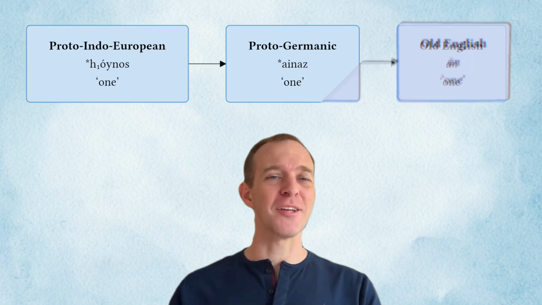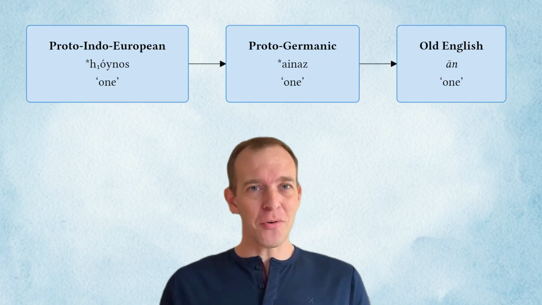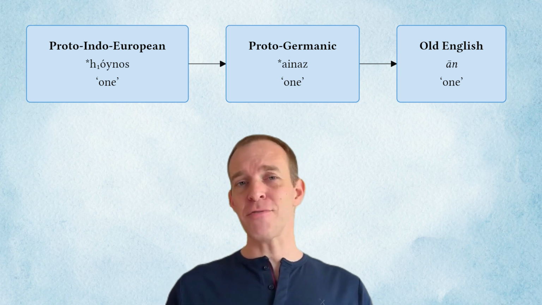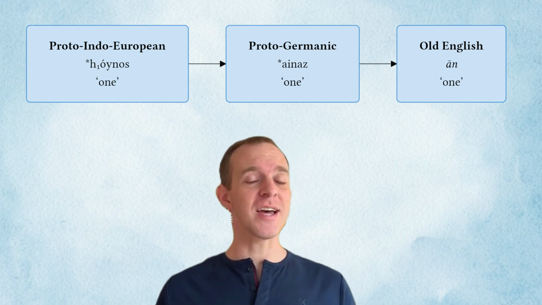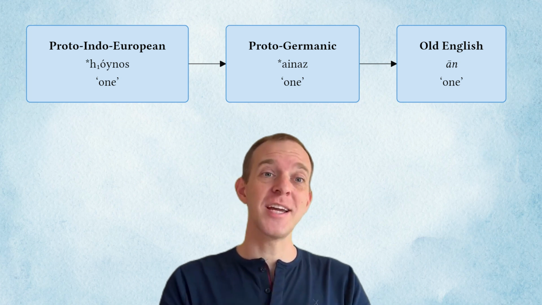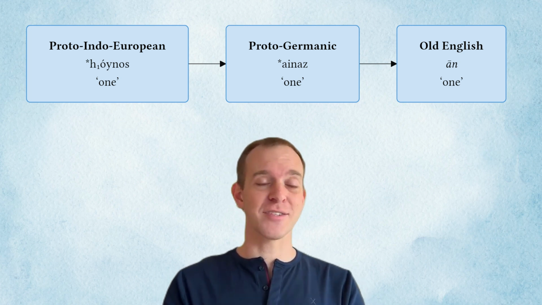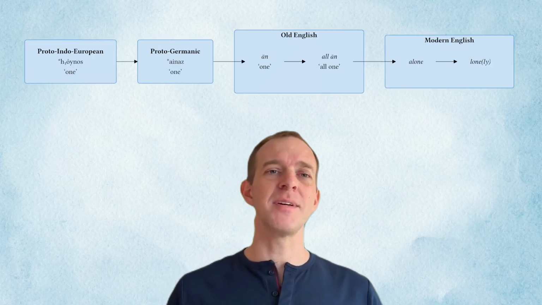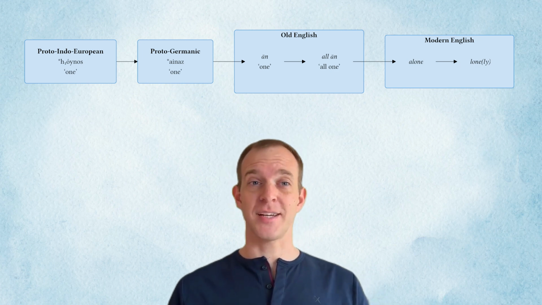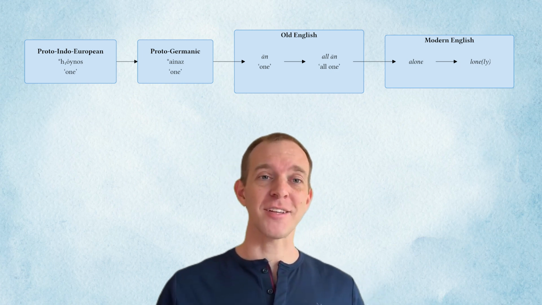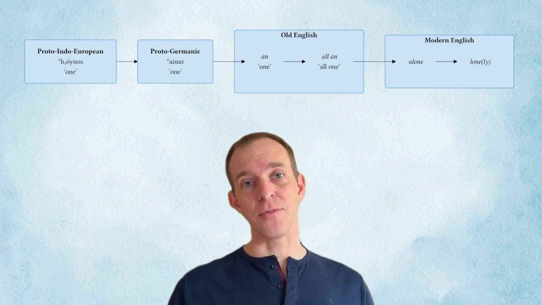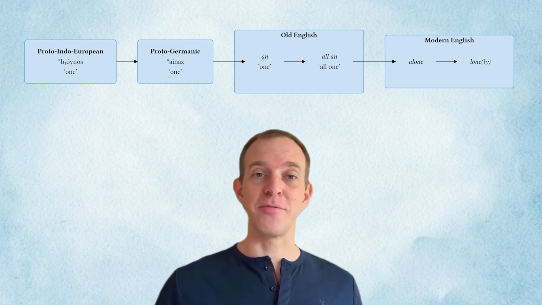Now let's jump back a little bit to Old English. The Old English version of one was on, and on got used so frequently in a handful of expressions that those expressions actually merged together into a single word and gave us a word in modern English. For example, the phrase all on literally meant all one, but it was used to mean something like entirely one or completely alone. And this became the modern English word alone. The word alone, in turn, was shortened to the word lone, and that later developed into the adverb form lonely.